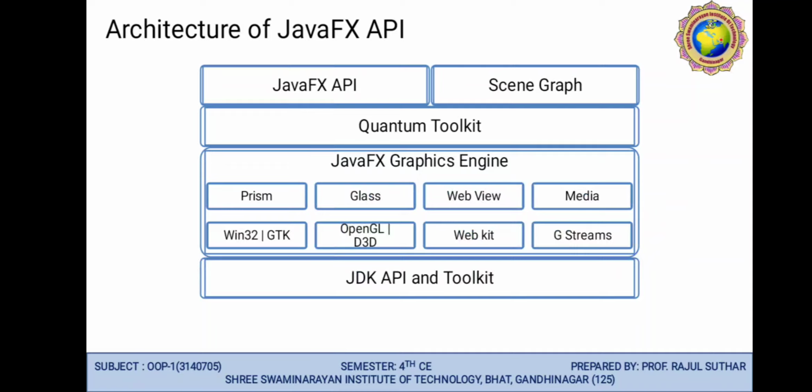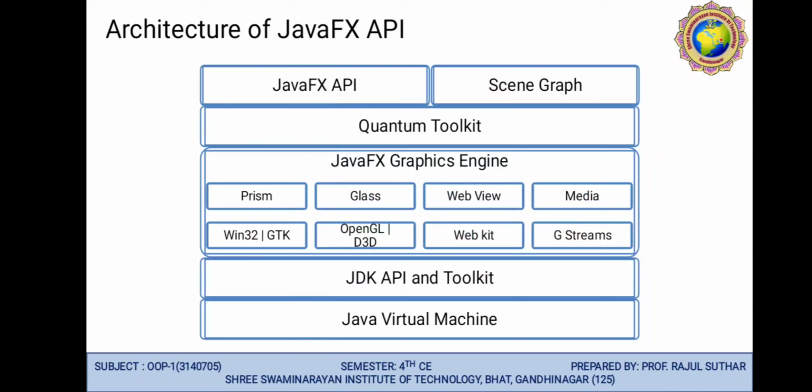This architecture also covers the JDK API, toolkit, Java Development Kit, and application program interface. We also require the toolkit and JVM, Java Virtual Machine. So this is the total architecture of JavaFX. Remember all the points, each and every component. Here, package means the JavaFX API covers packages like javafx.animation, javafx.application, javafx.collections, concurrent, embed.swing. We will discuss each and every component one by one.